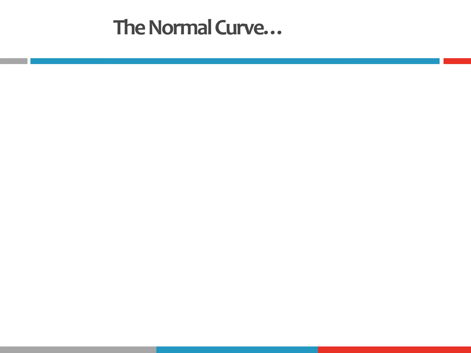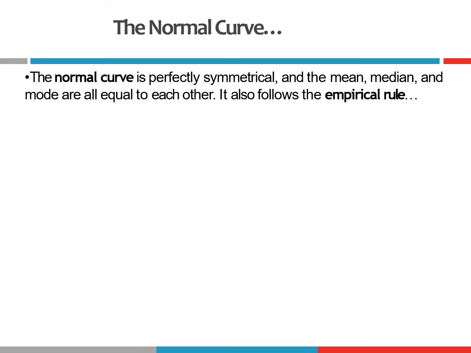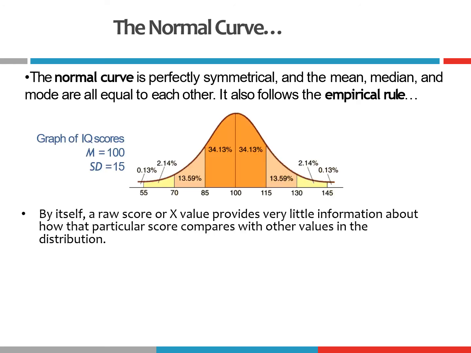Okay, so now that we understand a little bit more about the normal curve, let's go ahead and talk about our topic for today, which is Z-scores. So again, we know about the normal curve. If I were to take any one value in this distribution, any one of the scores at random,